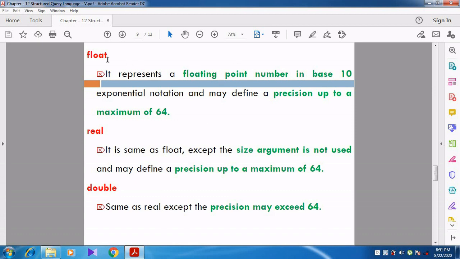Then we are going to see about float. So float, we know very well, contains the decimal number. It may be represented in exponential form, that is, e power.